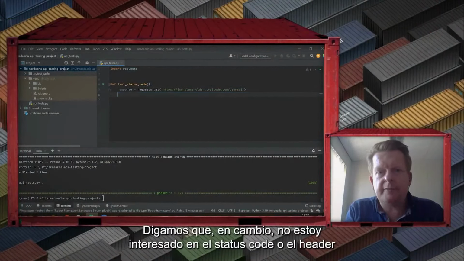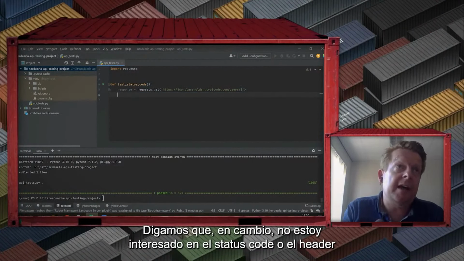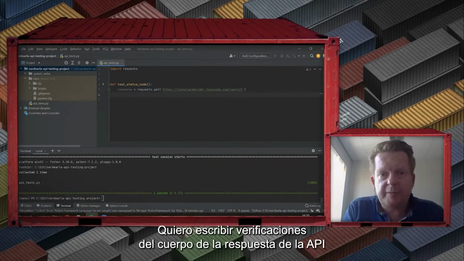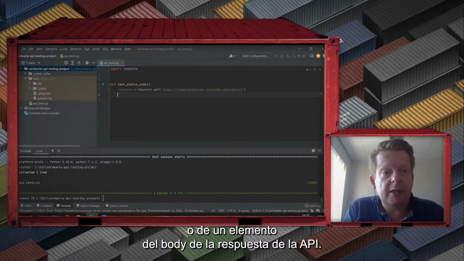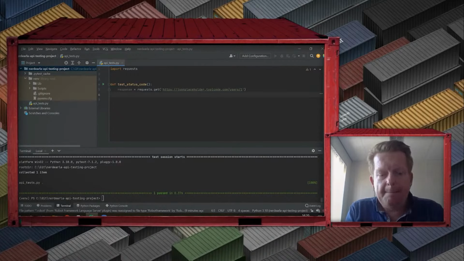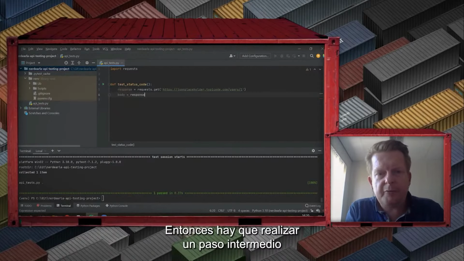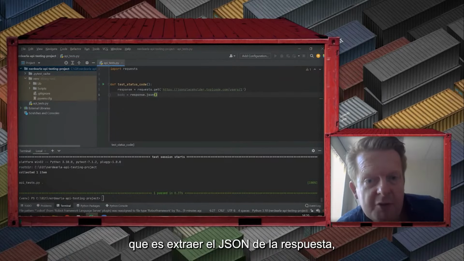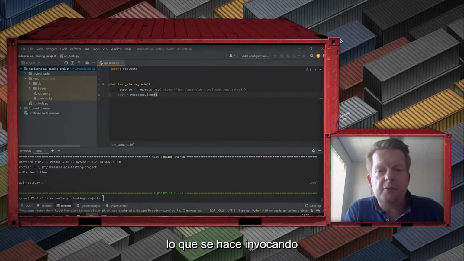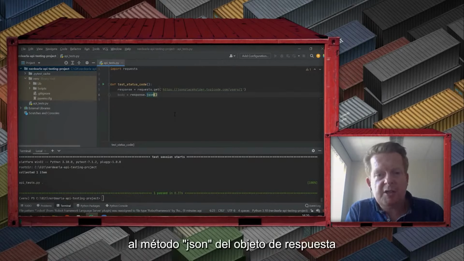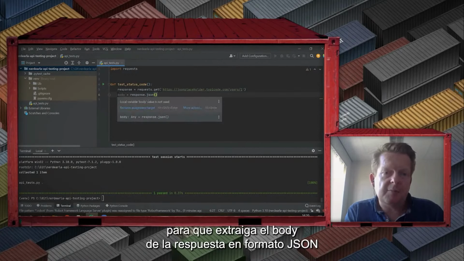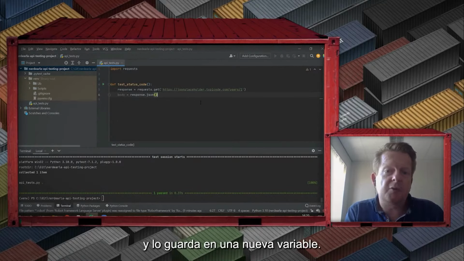Let's say now instead, I'm not interested in the status code or in the header. I want to write some checks for an API response body element. I need to perform an intermediate step there, and that's actually extracting the JSON from the response, which I do by calling the JSON method on the response object that extracts the JSON body response and stores it into